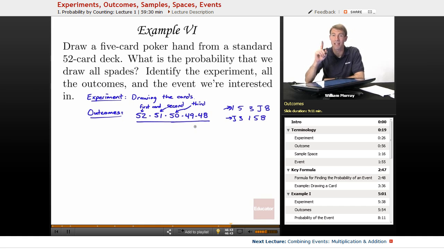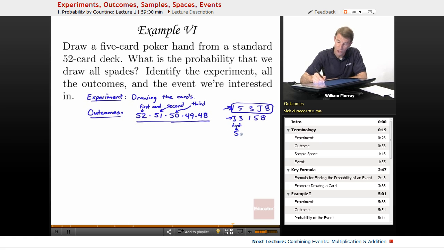So now let's just think about a particular poker hand. Let's think about this one in particular, 1, 5, 3, jack, 8. And let's think about the number of different ways that that poker hand was counted in our original list. So just think about how many different ways could you order those 5 cards. Well, there's 5 choices for which card could have been first, assuming that we're talking about that particular hand. So there's 5 ways,